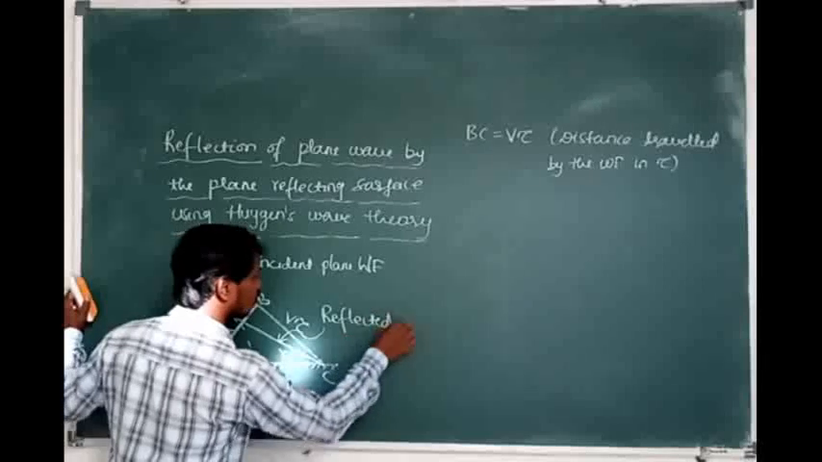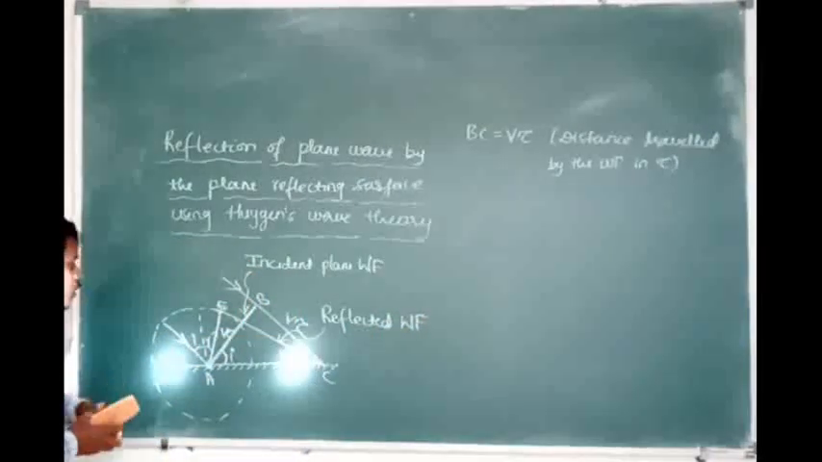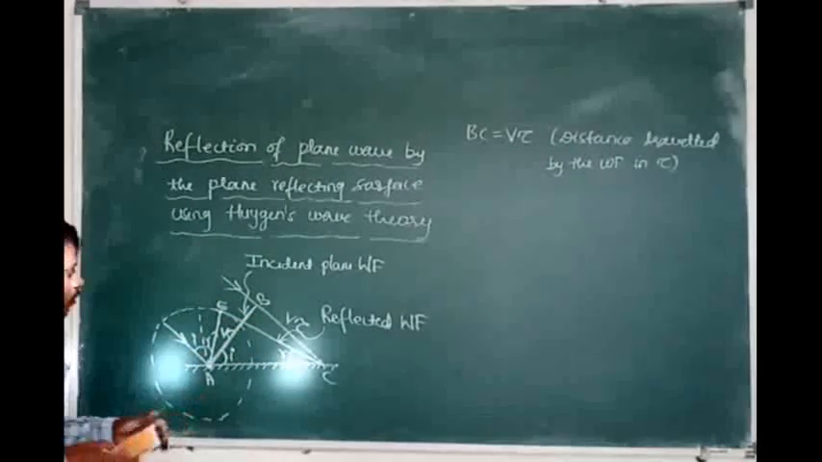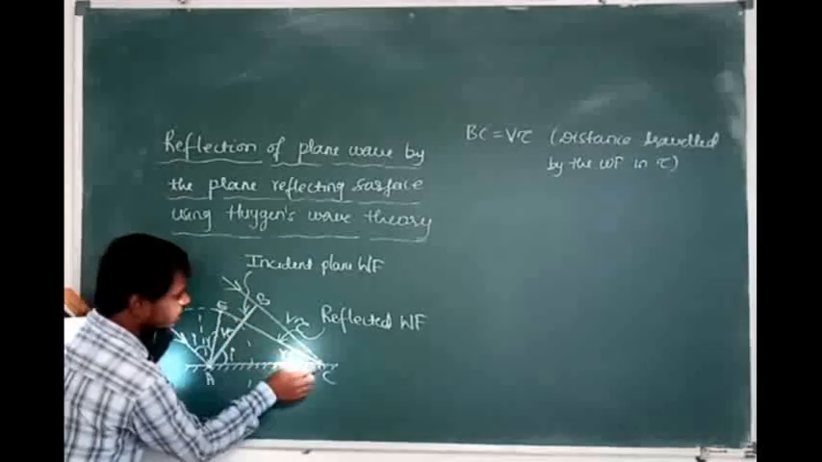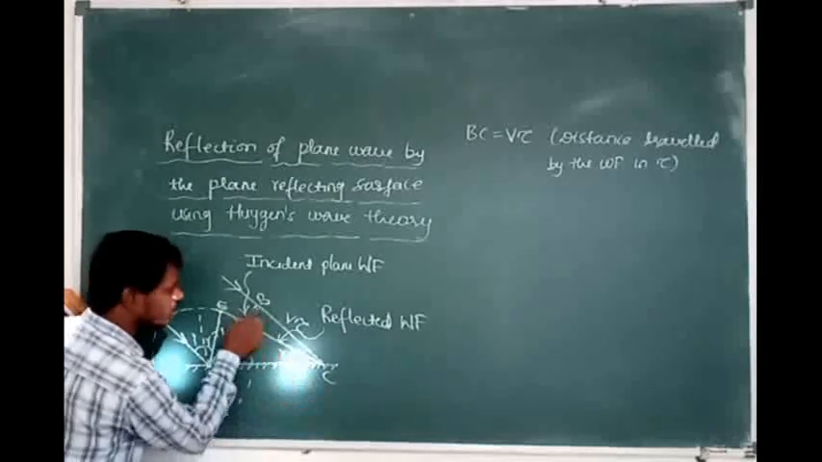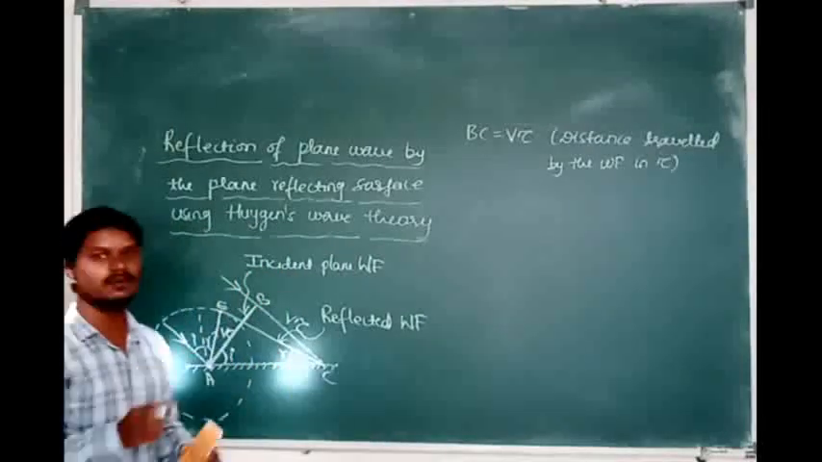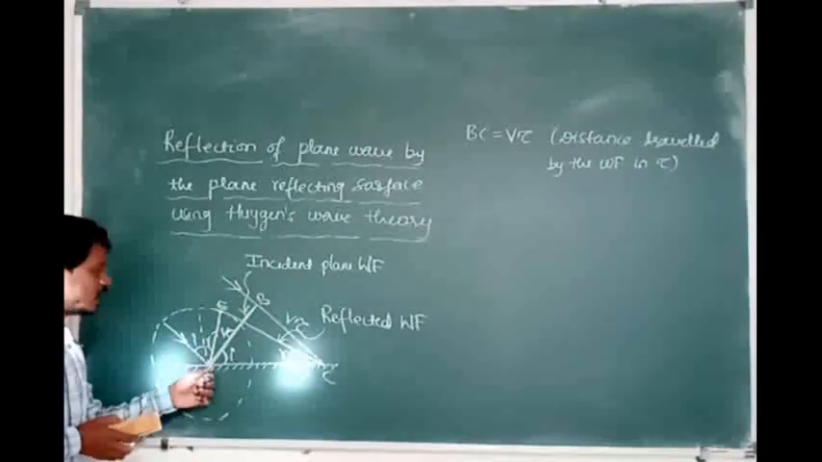And it is a reflected wavefront. So once again, listen here. Whenever the wavefront AB is incident on the reflecting plane surface, the wavefront will move from B to C in the time tau, and it will cover the distance BC. That BC is equal to V into tau. At the same time, the secondary wavelet at A undergoes reflection